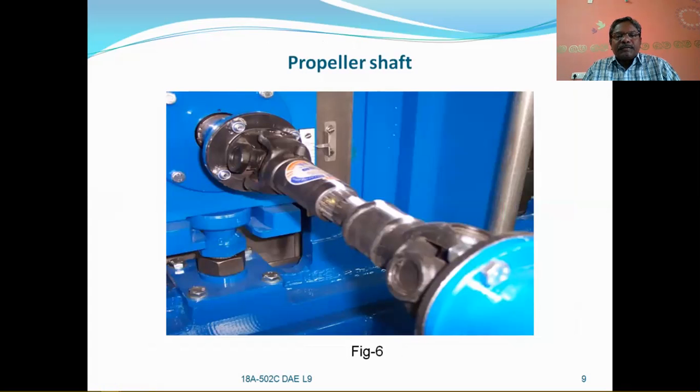In the case of four wheelers, the propeller shaft is more important. It will have a universal coupling at one end and another universal coupling at the other end, and here this will be the spline shaft. We use this propeller shaft to transmit power from the engine to the drive transmission system. So this propeller shaft is mainly used in the automobile industry.